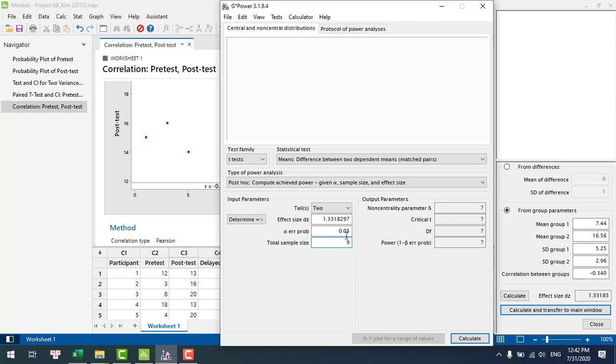So we are ready here. We have all the information. So notice you need to enter the mean, the standard deviation. That automatically will transfer to this window. Here you make sure you have two tails. Make sure that you have the correct sample size. Make sure that here test family you have a t-test. Here you have means, difference between two dependent means, so you have matched pairs, and here you have post hoc. Now you click calculate,